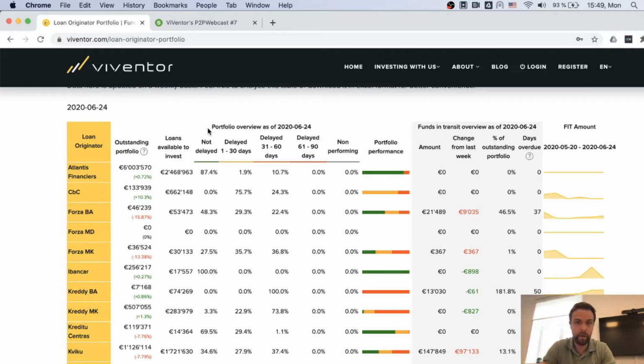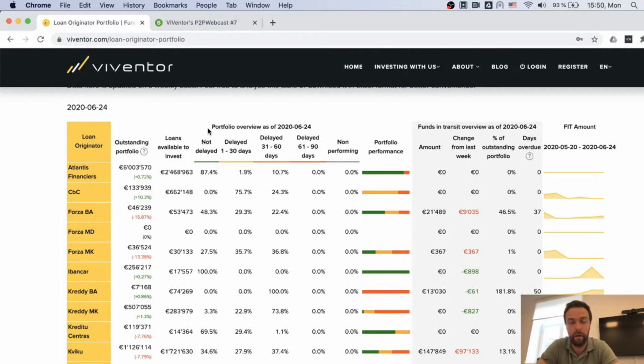Green means not delayed. Not delayed means that all installments of this loan have been paid on time, and if the portfolio is, let's say, 100% green, it means that all of the loans in the portfolio are currently paid on time. It doesn't, of course, mean that all the other loans you will invest in will definitely be paid on time, but it gives you some perspective of how well the loan originator manages their borrowers, their risk, and how they, in general, manage the company